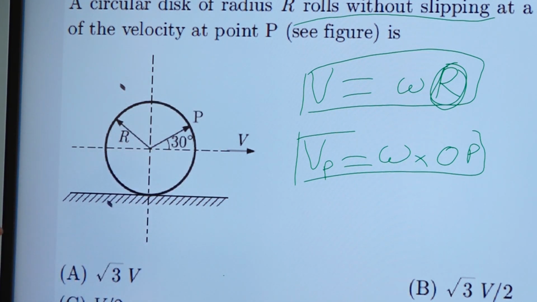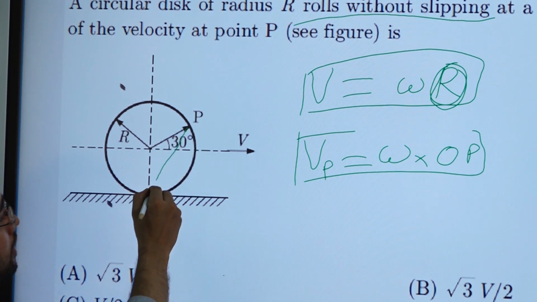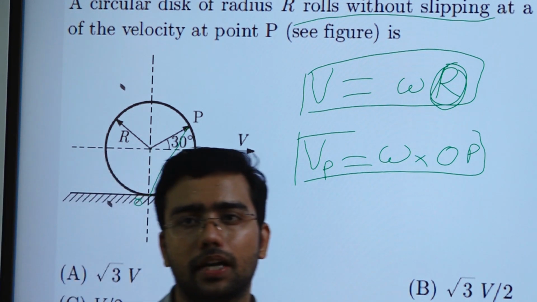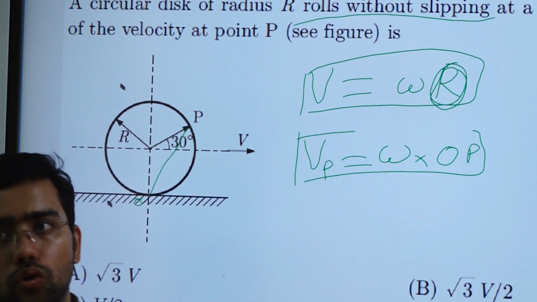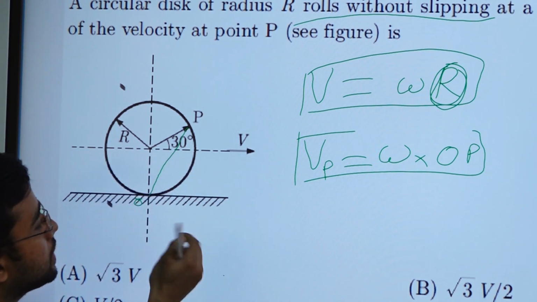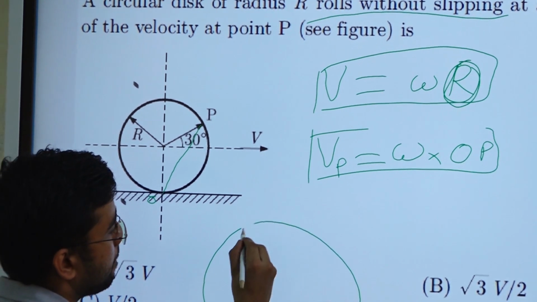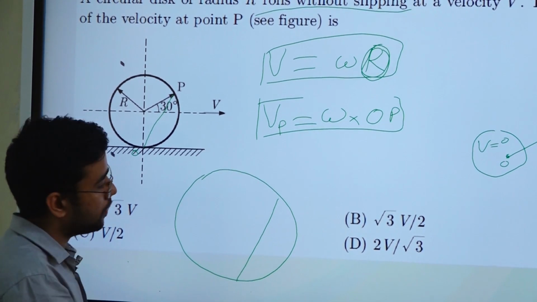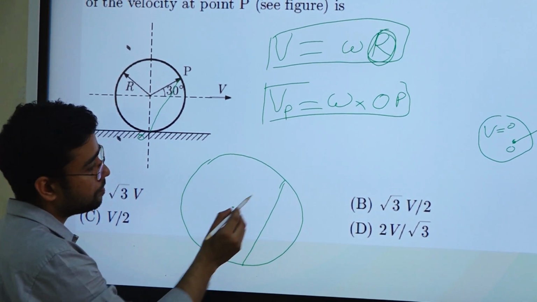So now what is the next challenge? To find this distance from O to P, and how can we find it? We can use simple 9th class geometry, the property of the chord. I will make the diagram separately here. Suppose this thing we have is a chord of a circle. So what is the property?